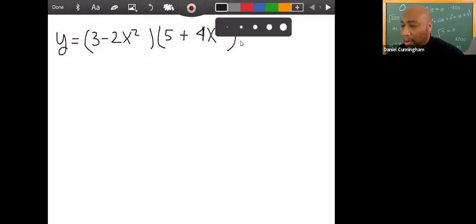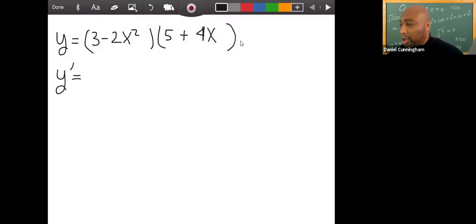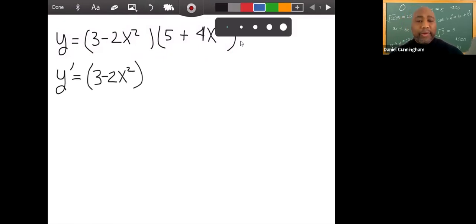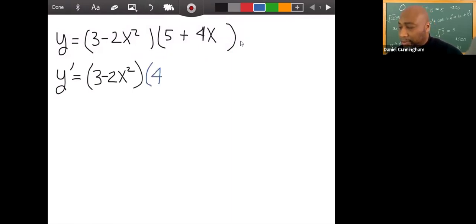We're going to say y prime is equal to, we're going to leave the first one alone. So this will be 3 minus 2x squared times the derivative of the second one. The derivative of 5 plus 4x is just 4, because the derivative of 5 is 0, and the derivative of 4x is 4. Then we say plus,